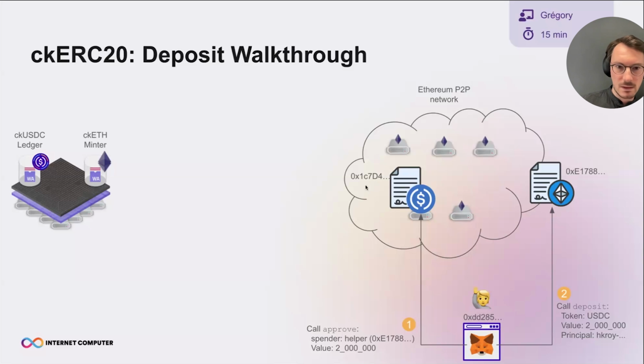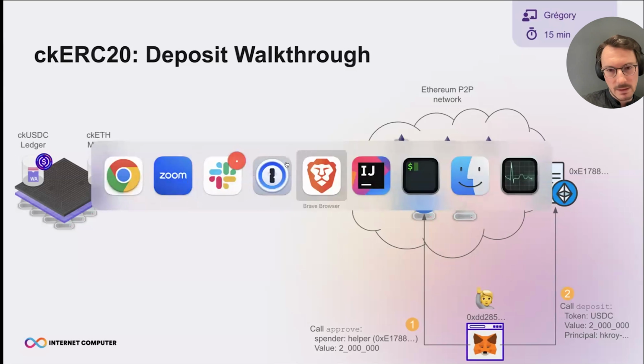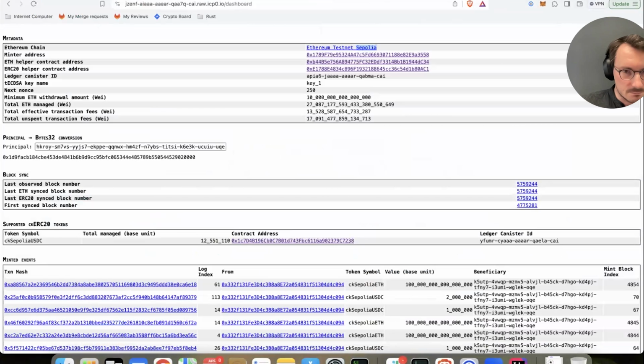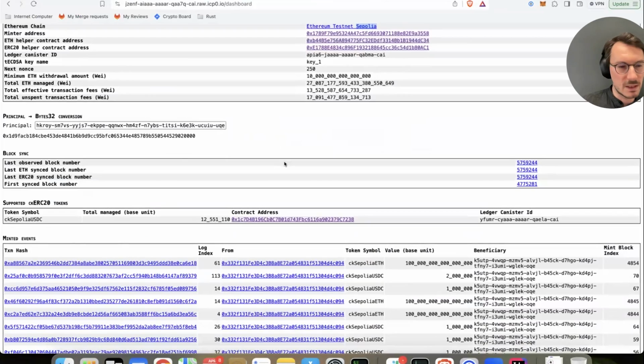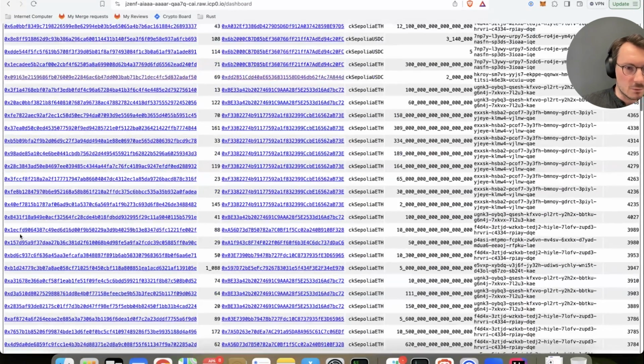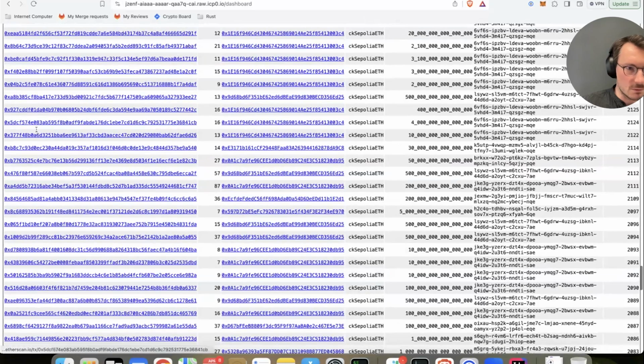So now, since it's going to take some time, I will jump ahead and start doing the Ethereum transactions. Here on my screen, you should see the minter dashboard, which is very similar to, for example, the ckBTC dashboard. It represents all state modifications that occur on the minter, for example, all deposits and also all withdrawals.